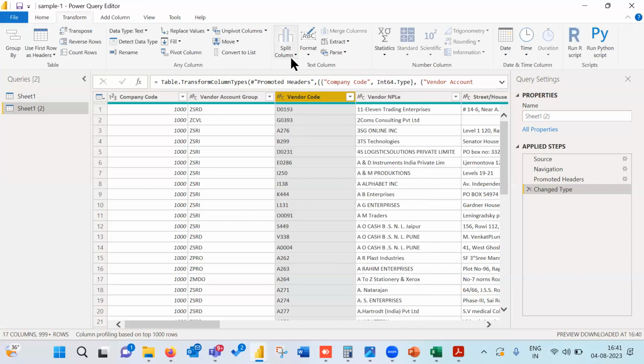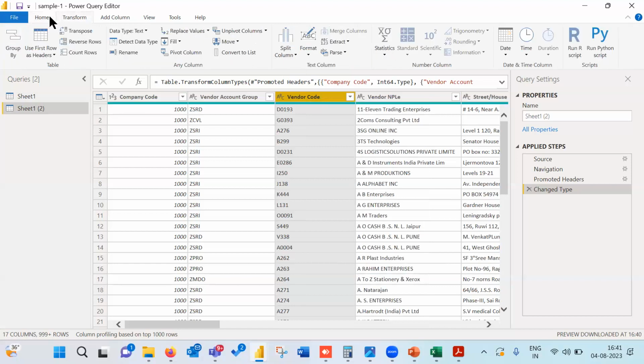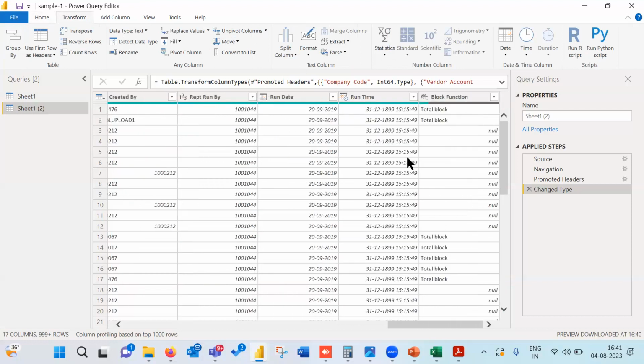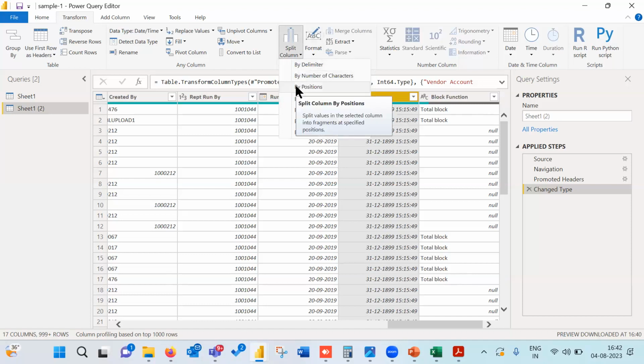So now in the transform tab, what is there? Here also you have split column, statistics, unpivot columns, which are very similar to items in the home tab. So why is it here? Transform column means whatever you do from the transform tab, it will actually change in the same column. Like for example, let's say you want to change a column that has time and date. Okay. You want to split the time. You give split column by delimiter or something.